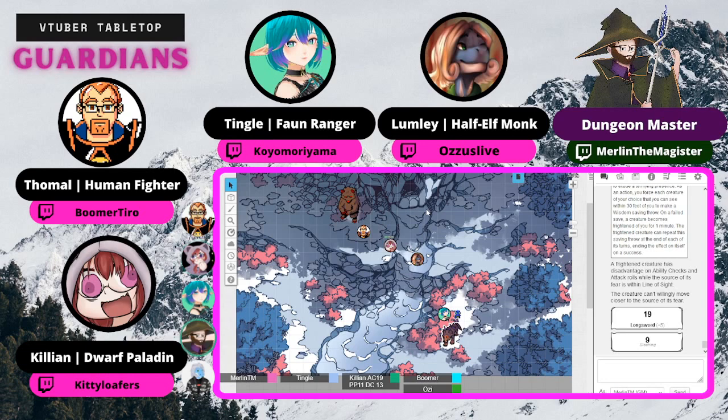It's going to take an attack against Tamal, which is, I believe, hits. That's an 18. Just barely, yes. Just barely. You do know it has disadvantage on attack rolls. Oh, it does. Still hits. Ooh. Still hits. Wait, really? It rolled a 19 on the second roll. So, still hits. Okay. And that is 8 points of damage. The bear runs away from Killian and immediately turns its attention on you, Tamal.